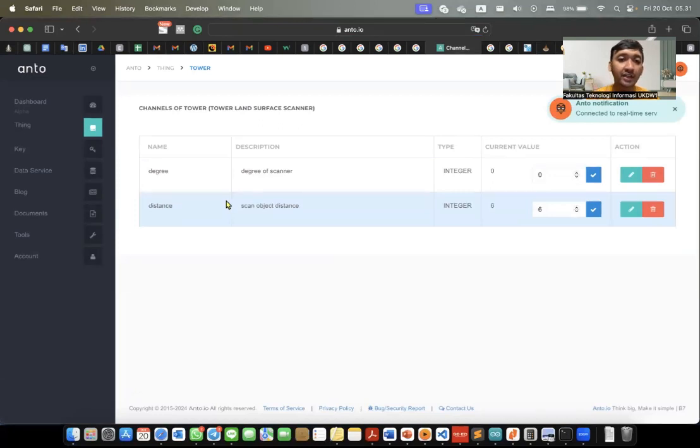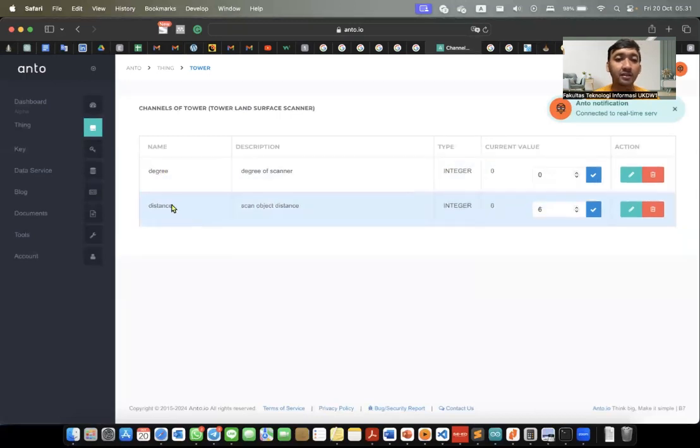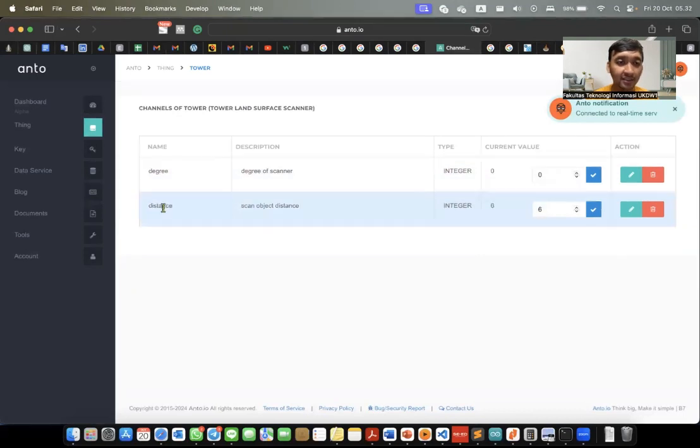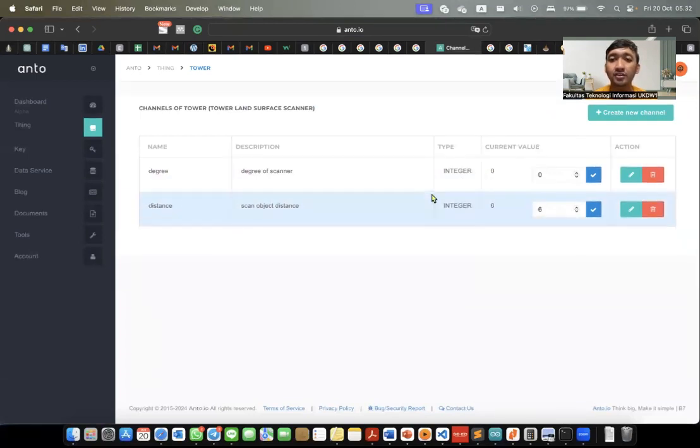We need two channels here: degree and distance. Degree is for the servo degree, and distance is for the ultrasonic sensor value. I set all of these channels to the integer data type.